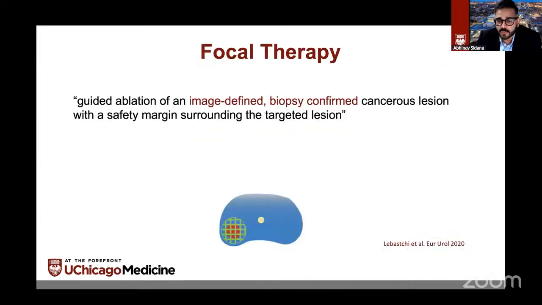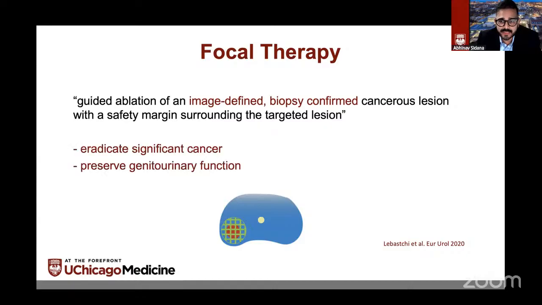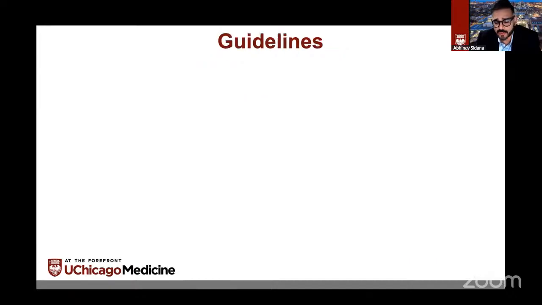What is focal therapy? Focal therapy is a guided ablation of MRI visible and biopsy proven index prostate cancer along with a rim of normal tissue. The goals of focal therapy are to eradicate significant prostate cancer while preserving genitourinary function. Therefore, appropriate imaging and biopsy are essential for identifying patients for focal therapy. I won't delve too much into the rationale for focal therapy because I know that will be covered in the subsequent talks, but we'll start looking at the guidelines and any guidance we have from those guidelines in terms of